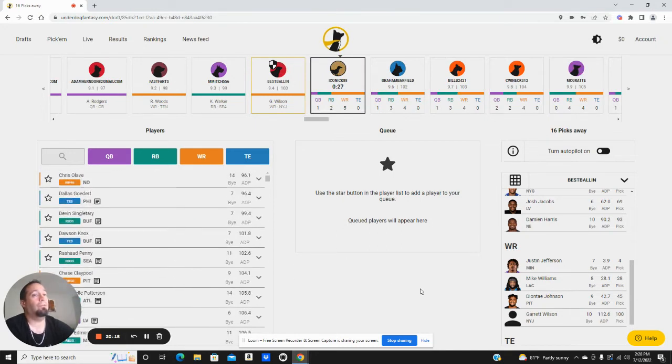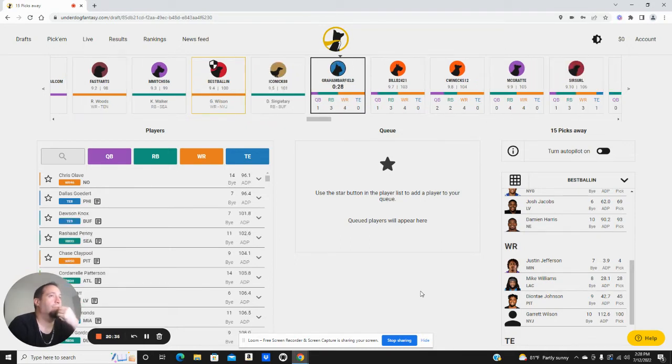Twelve picks above ADP is what it is. Obviously no chance he was coming back to us. And I like Garrett Wilson as much as Olave or Chase Claypool, so to me they're in the same tier. I worry about tiers more than I worry about the actual ADP reaches. Twelve is kind of annoying to be making that pick, but I'd rather take Garrett Wilson and set up for a Noah Fant later, because he's one of my favorite value picks, than have taken Olave.